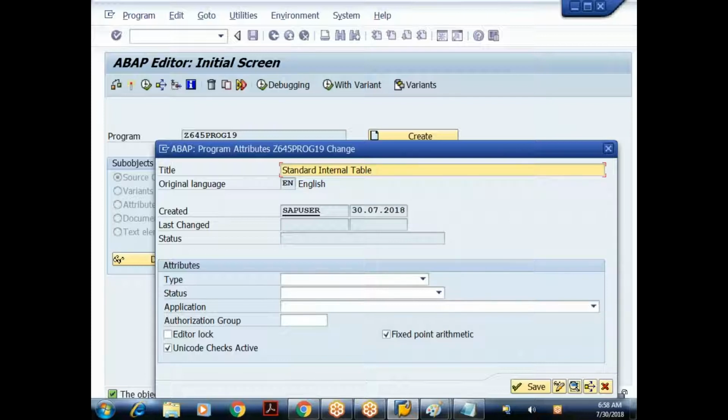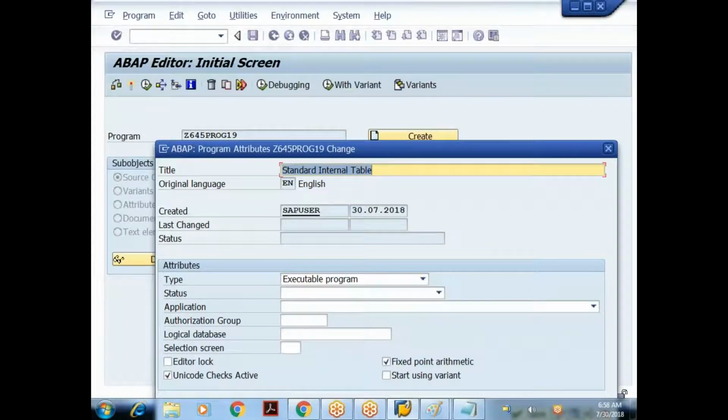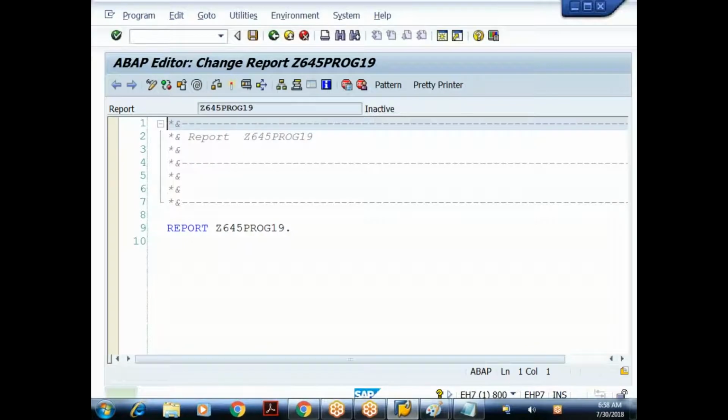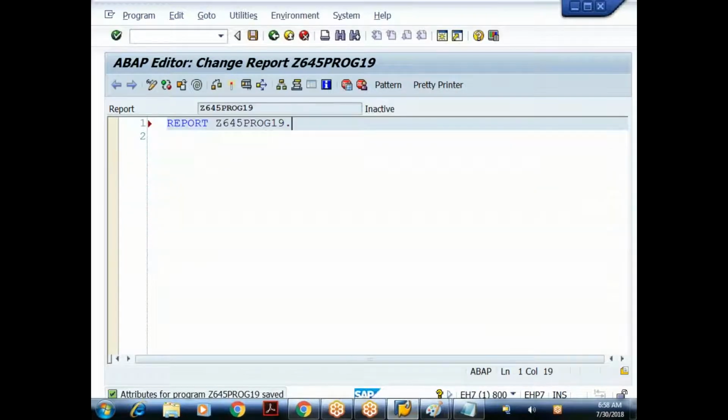So by default, what is the internal table type? Standard internal table. I'll choose the type of program as executable program. I'll save it in the local object. Done. So what is my requirement? I want to create an internal table which has to store the employee data.